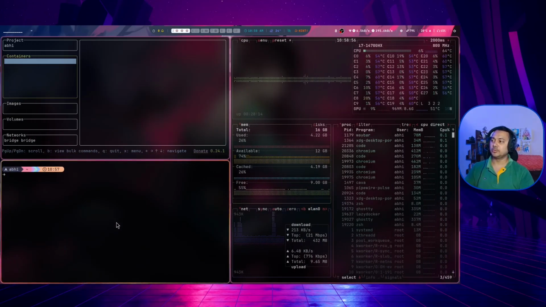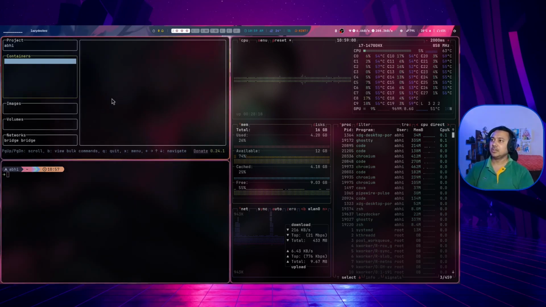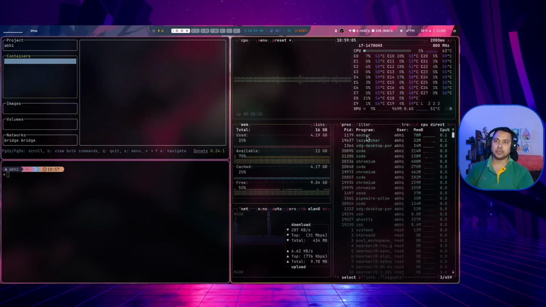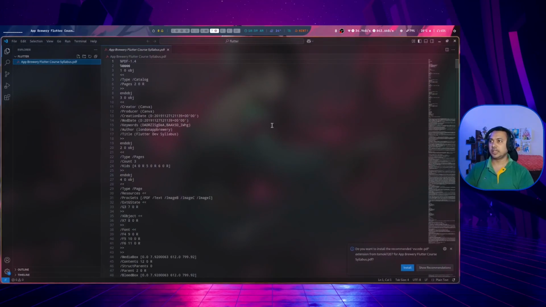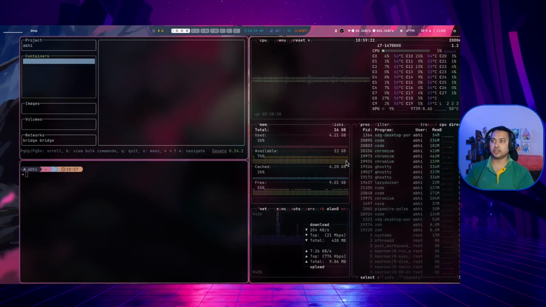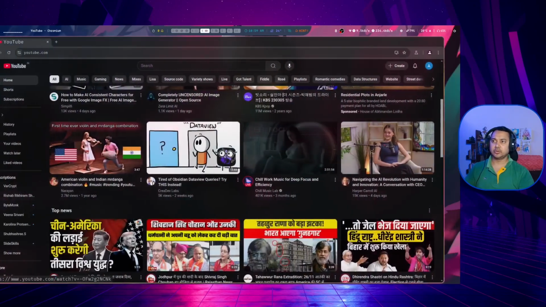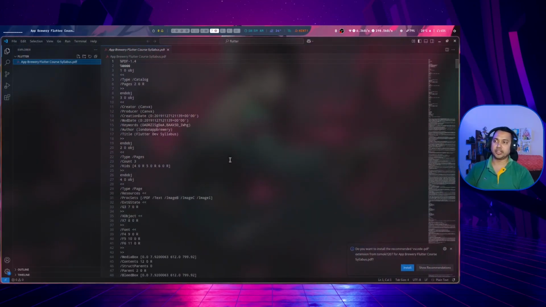So I can move again to my dashboard, where I have my containers display, my CPU usage and other resources display and all. Okay, and my terminal. I can go back to my browser. Then I can switch back to my VS Code where I'm doing my coding and other stuff. So this is the way I can use it on a daily basis for